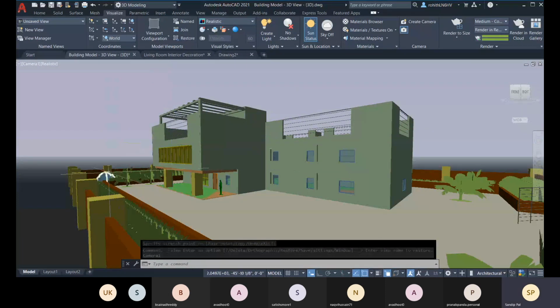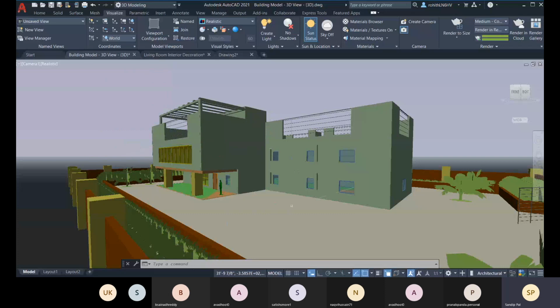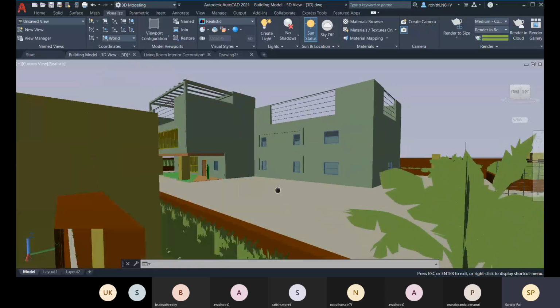Okay, and just one more thing, I need to place it like this.